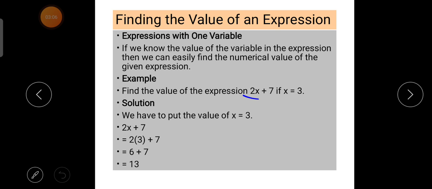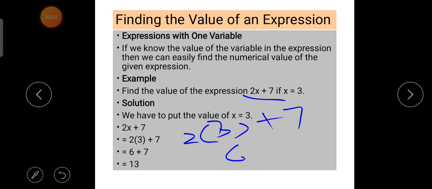For example, 2x plus 7 is here. If x is equal to 3, then we put the value 3 in place of x, and we get 2 into 3 plus 7, where 2 into 3 is 6, plus 7. So we will get the answer 13. So if we have the value of the variable, then we can easily find the value